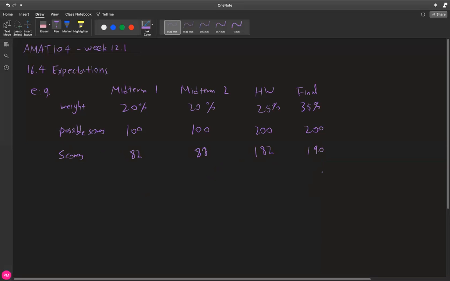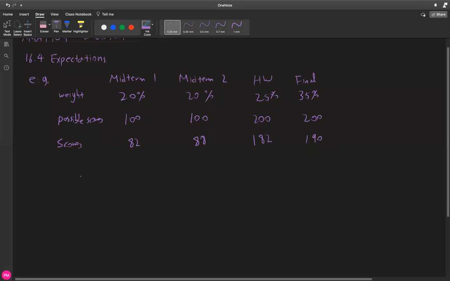So here is the problem. Let's say the professor says that if you receive a 90% average or greater, and let's say this is your average, then this implies that you receive an A. So that's pretty simple. And the question here is, did you or did you not receive the grade of A? And how would you find it out?